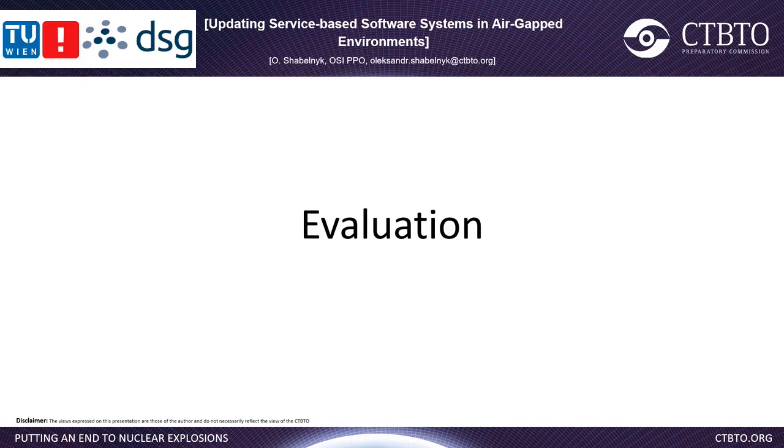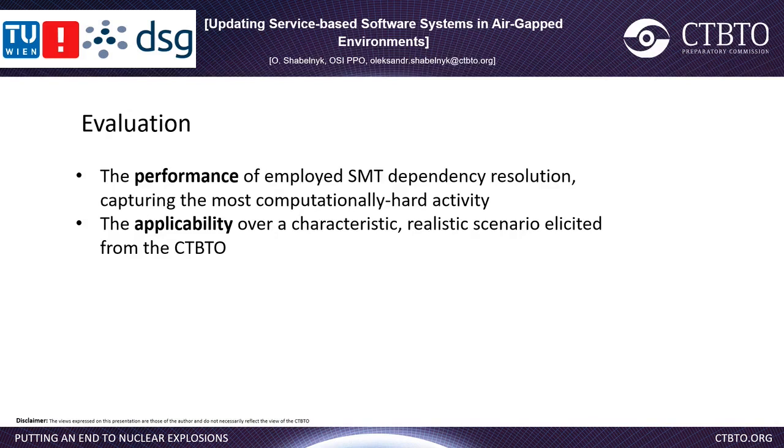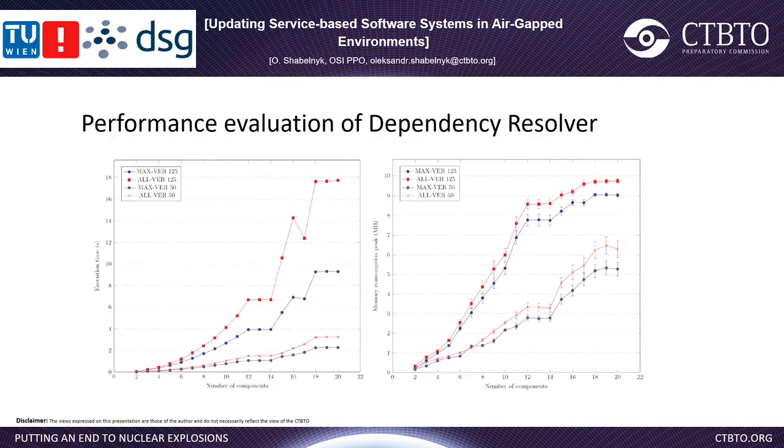Last but not least, I would like to present the evaluation. Our evaluation goals are twofold, as we seek to investigate the performance in a realistic setting, assessing dependency resolution over typical problem sizes, and the applicability of the proposed solution in practice, considering a realistic scenario and a mission-critical setting elicited from CTBTO. On the graph to the left, you can see the time it takes for the algorithm to resolve dependencies, y-axis, and how it grows when the number of services increases